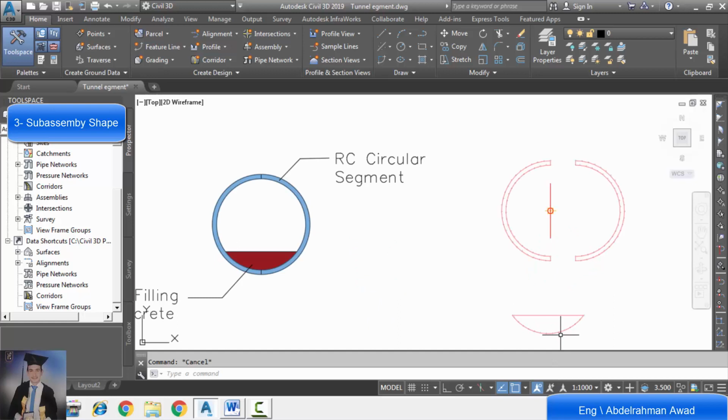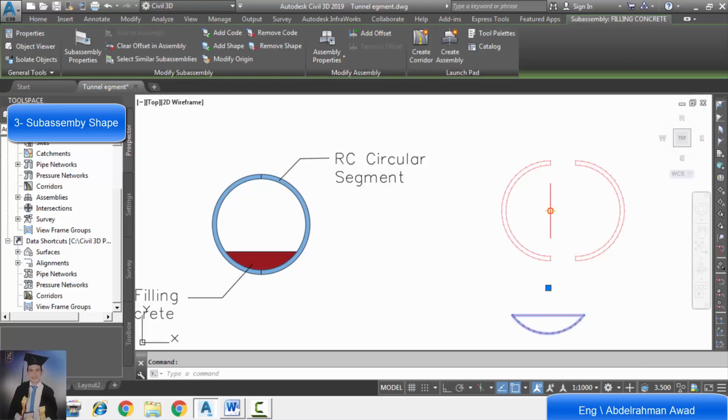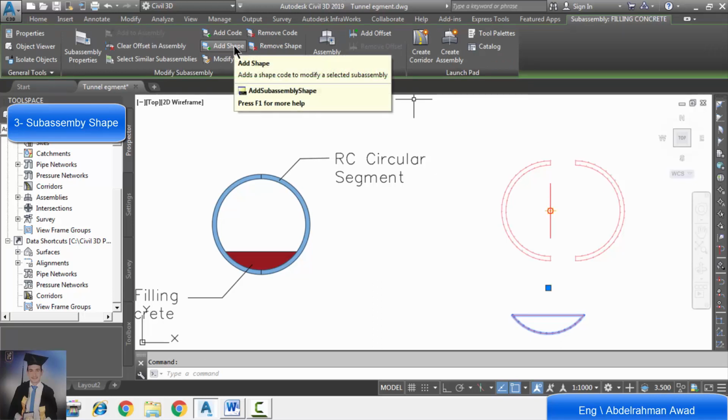First we will add a shape for filling concrete. We click on filling concrete sub-assembly and add a shape.